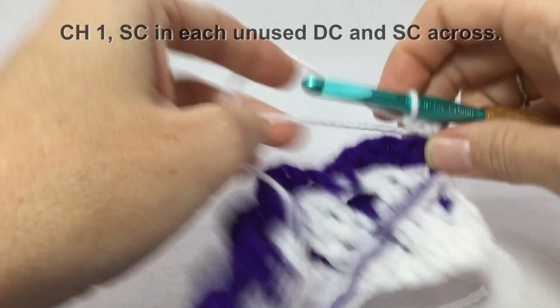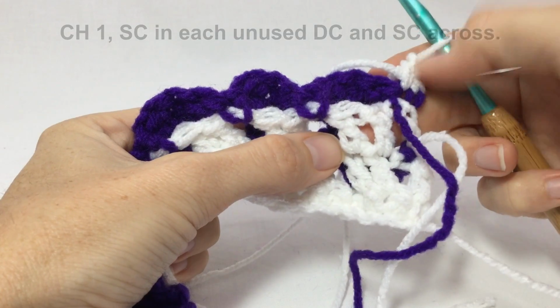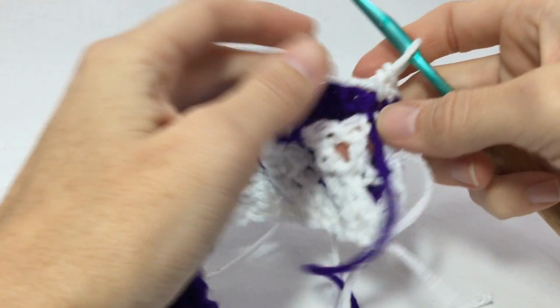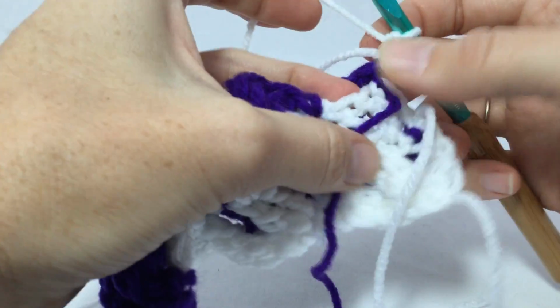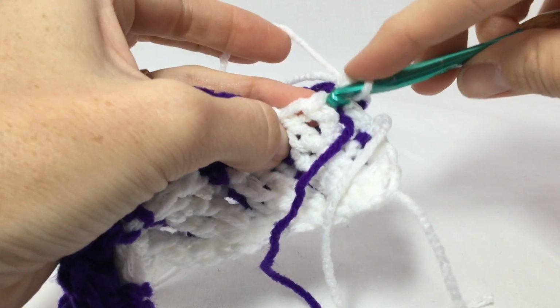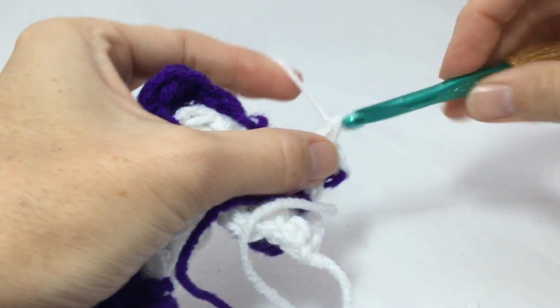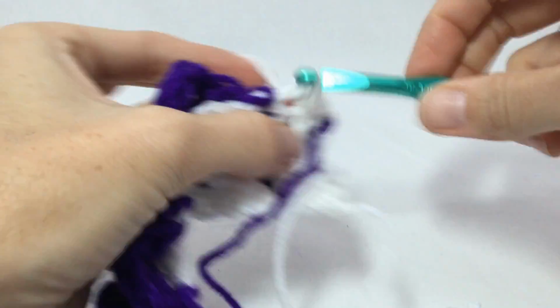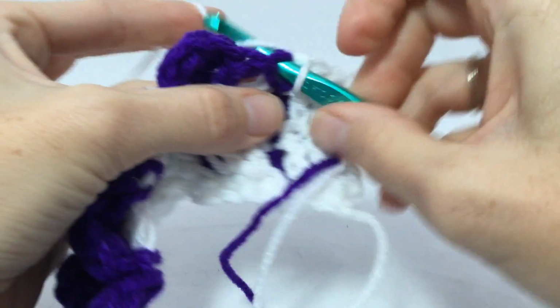Now we're doing like we did for row 4 where we were working into row 2. So for row 6 we're going to work into row 4, but we're just doing single crochets this time, no double crochets. So I'm going to grab my next stitch down here. Remember, we don't work into our open shells. I'm going to single crochet there, single crochet in the next one,